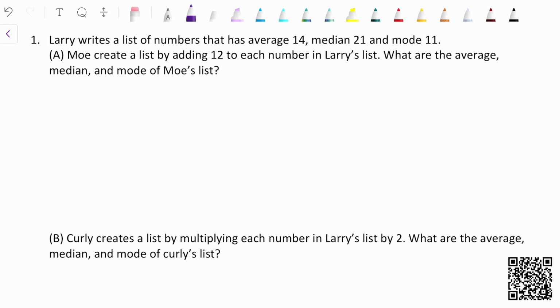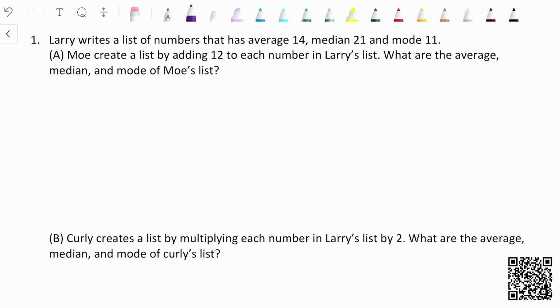So let's tackle the easier ones first so that I don't have to explain them afterwards. Alright, median. First of all, since Mo added 12 to each number in Larry's list, the number of terms does not change, nor does the order of the numbers in the list. Therefore, the middle number will still be the middle number, albeit since it's been added 12 to, it's going to